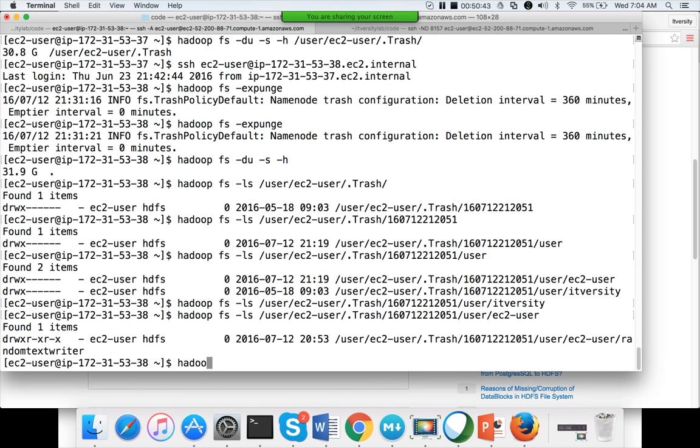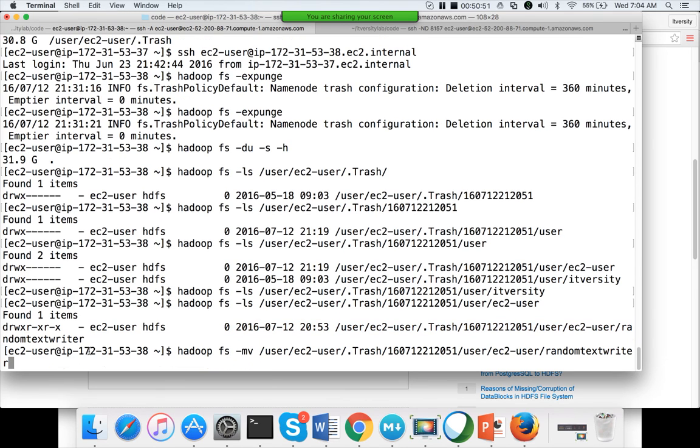Okay, hadoop fs -mv, copy this location to /user/ec2-user/random text. You can just say this one.